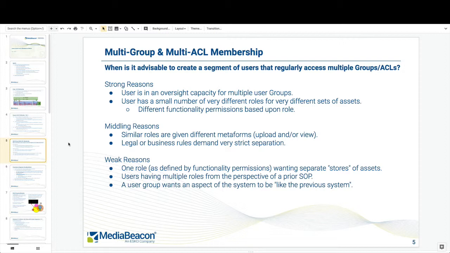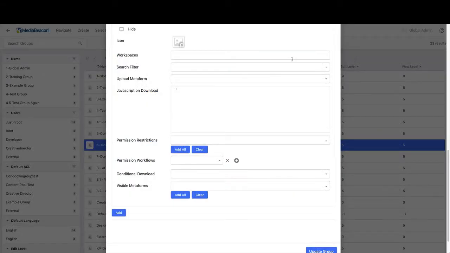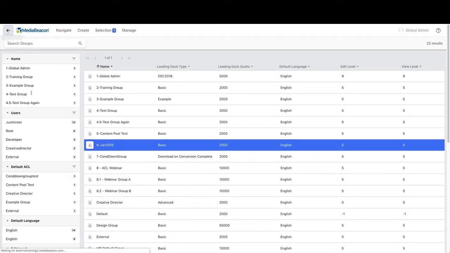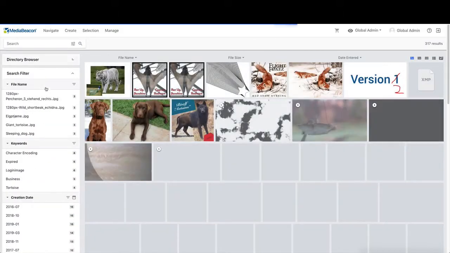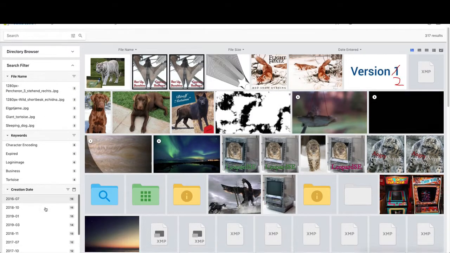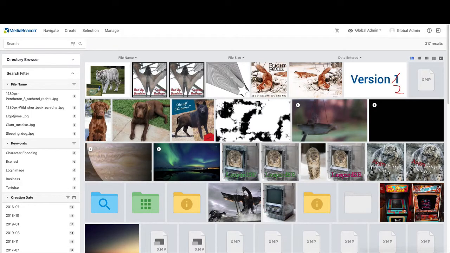So if you have something that's really complex like that, and then you start adding more business units or more slight variations to that, you end up with huge proliferation. My philosophy has always been it's better to sort a large number of assets using tools such as our search filter over here. What you'd want to do is have very well-defined categorization. Not just simply keywords, but business unit,